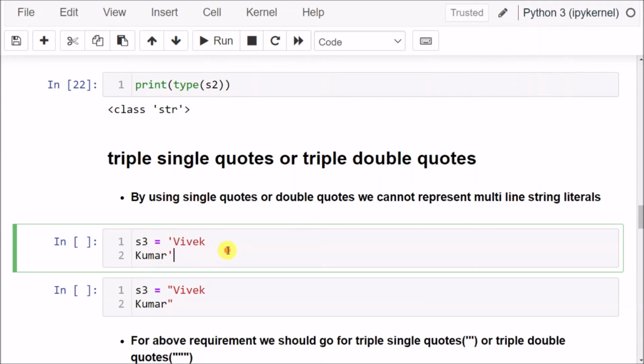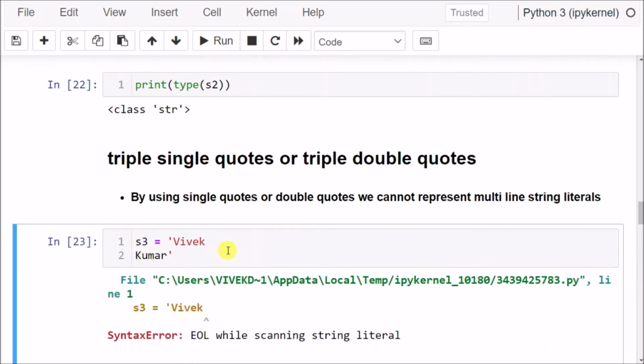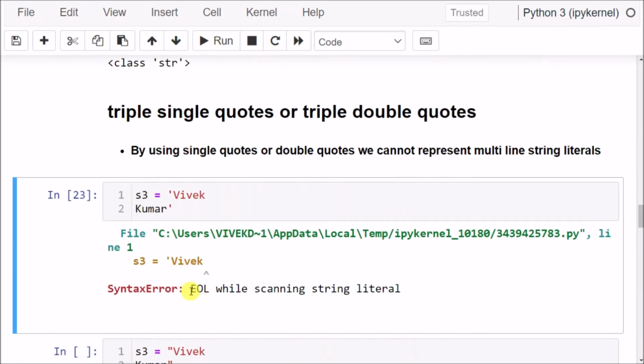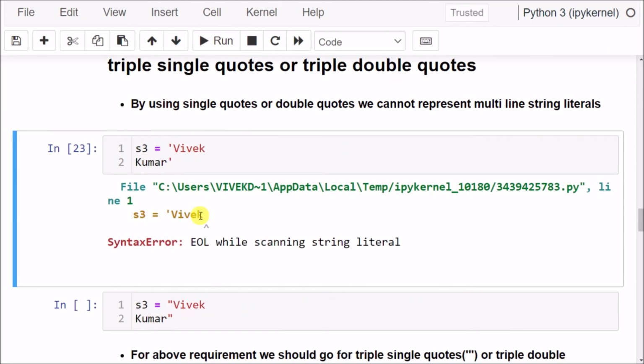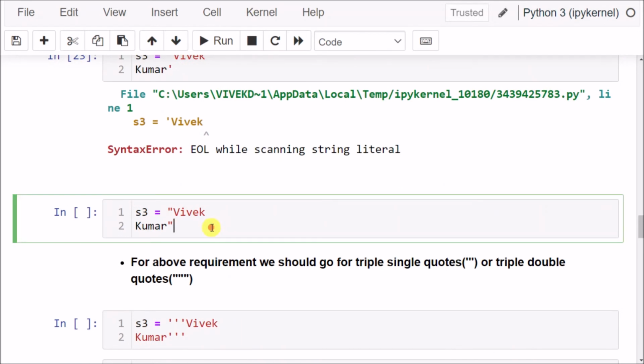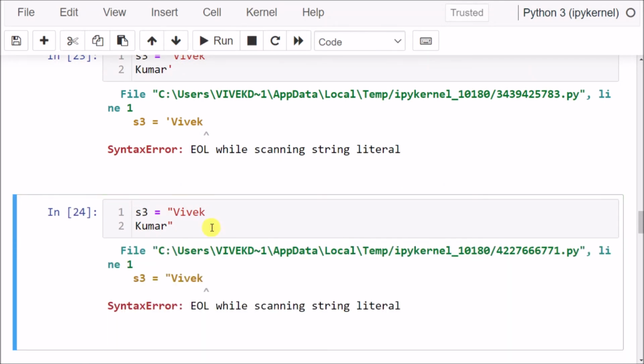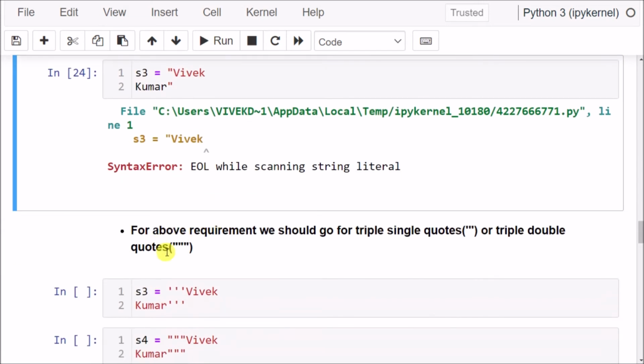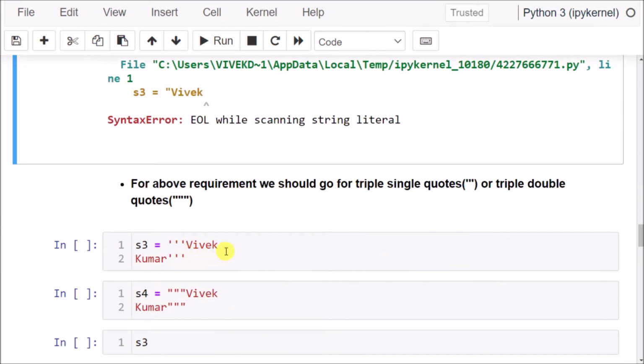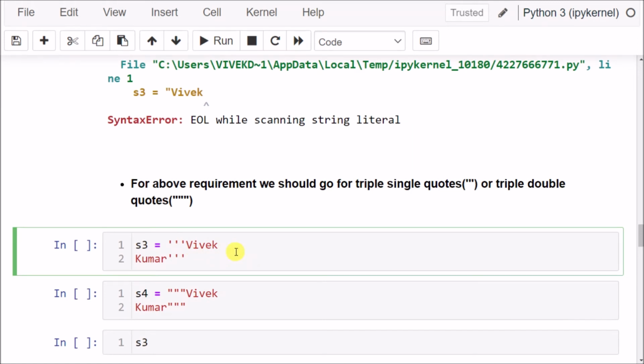When I print this, it throws an error, end of line while scanning string literal, and double quotation also gives the error. But when we assign that value in triple quotes, it won't throw an error.